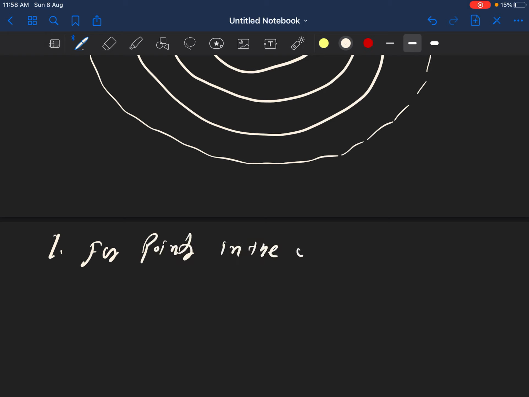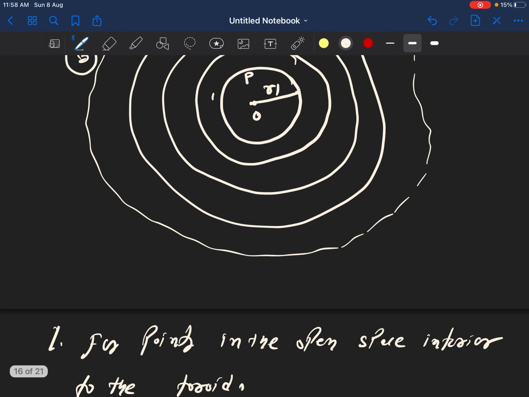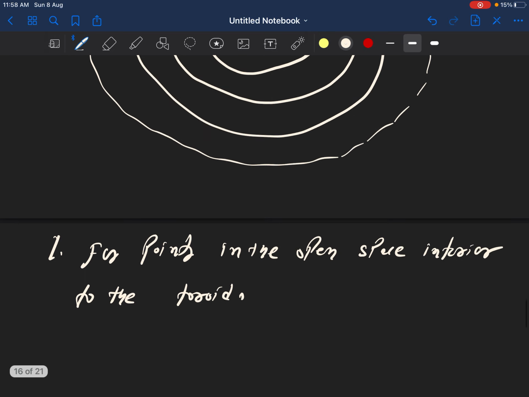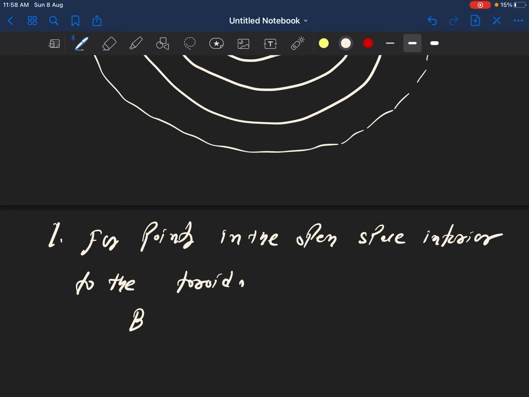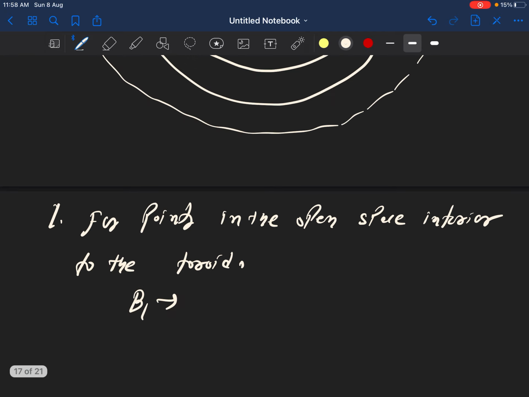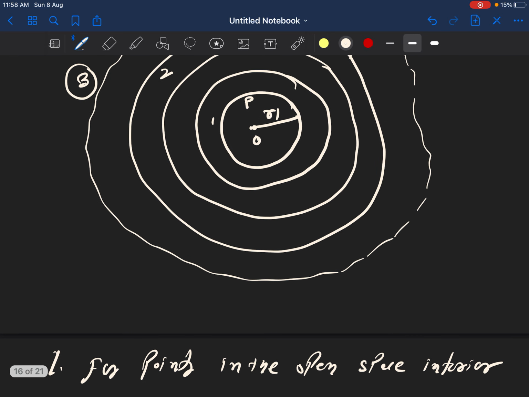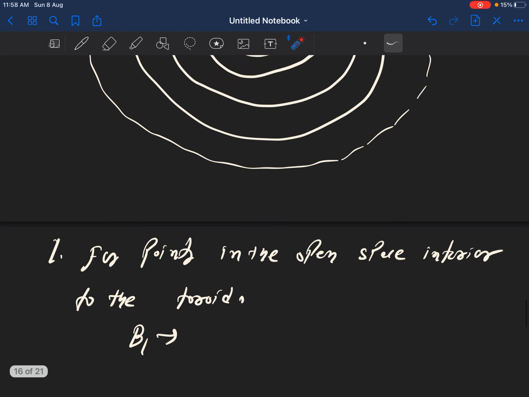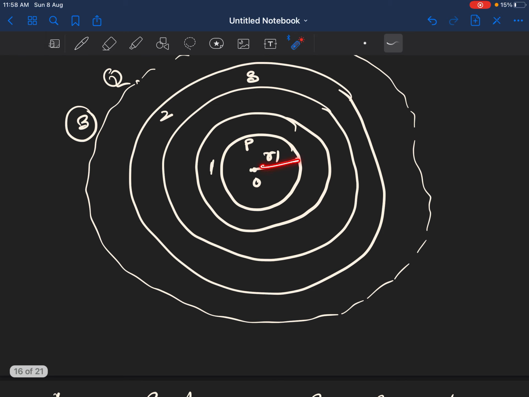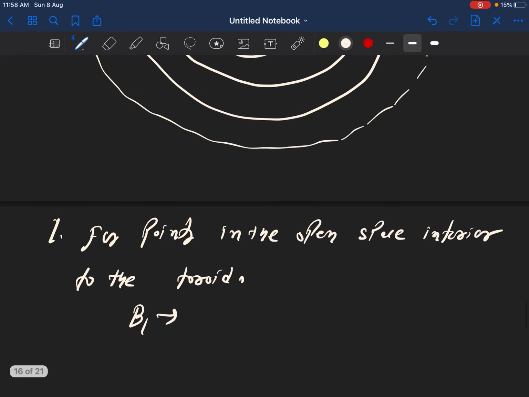In the open space interior to the toroid, point P। আমি ডিসকাস কৰিছো open space interior যেটো। So যদি B1 হয় magnetic field along the Ampere loop 1, Ampere loop 1 লৈছো আমি। এই Ampere loop-ৰ যদি magnetic field B1 হয় আৰু ইয়াৰ radius কিমান দিছো আমি r1, ঠিক আছে, then what will happen